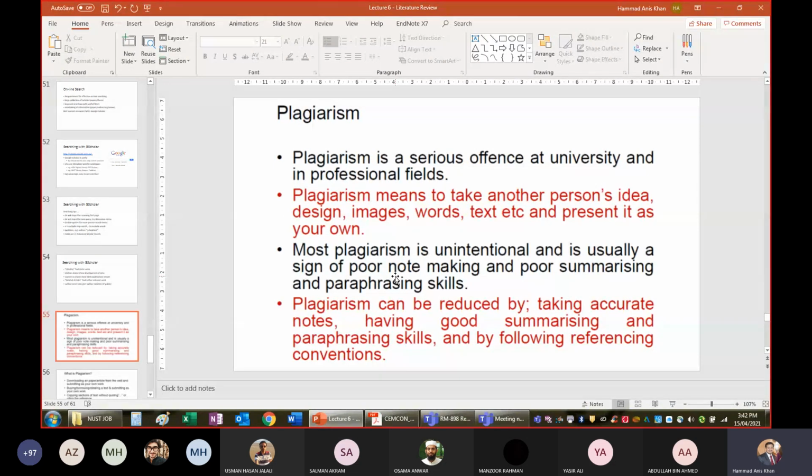So this is a very serious offense. It can ban you for life from working in university or academia, and maybe journals can stop you from